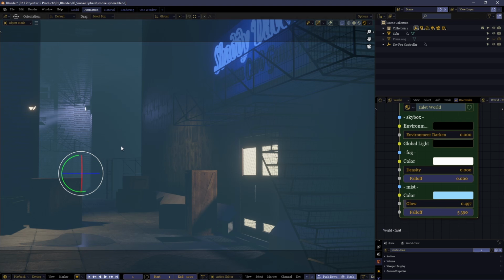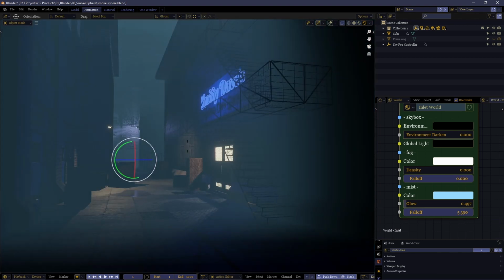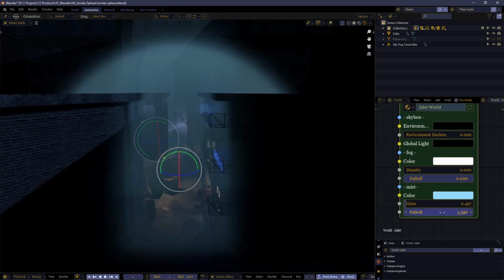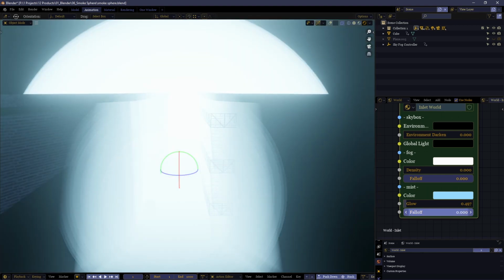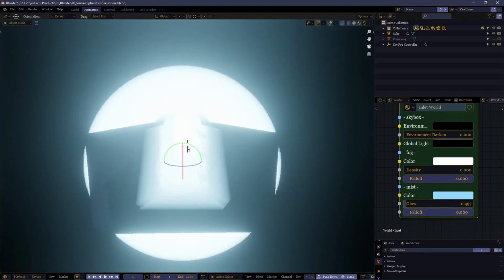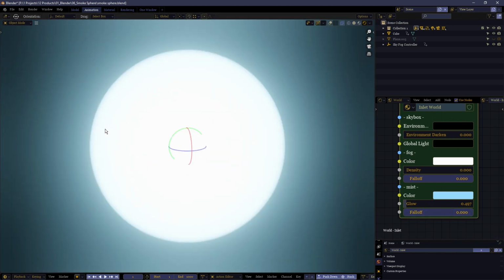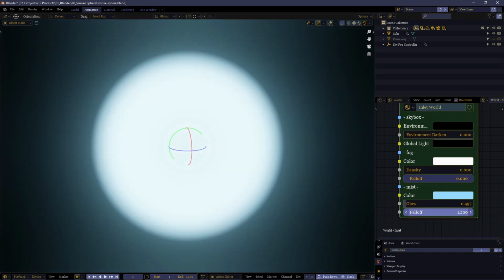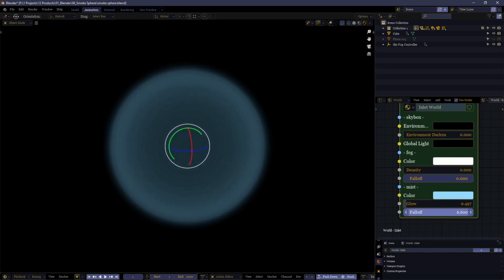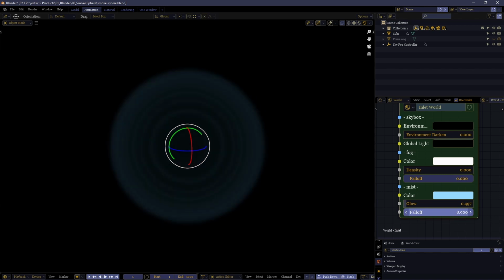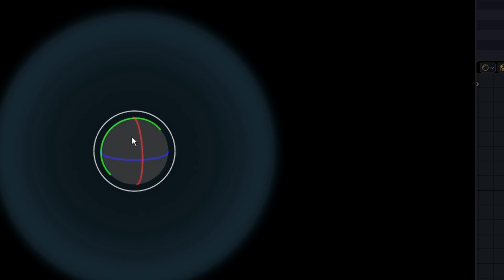Mist may actually be a better example of showing you what the different cutoff settings can do, since it's brighter and you can see it more easily. If nothing else, it's a better way of showing you what the fall-off slider does. You can see right now the sphere, it's a solid ball, and the fall-off is on 0, the lowest it can go. Putting it up, the ball becomes softer until it nearly disappears. This affects how gradually, how smoothly it transitions from off to on to off again inside.